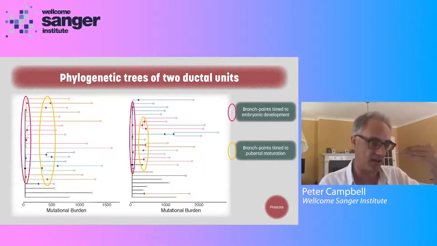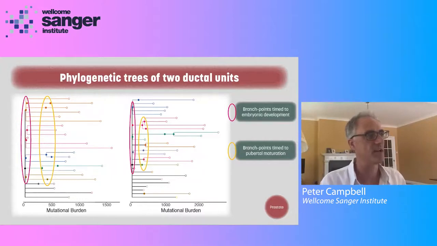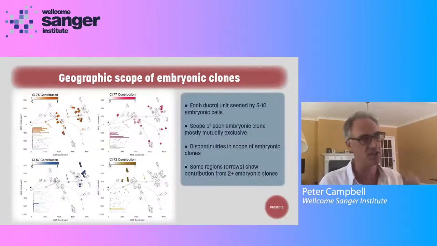in the geographical scope of these clones. So essentially, what we do is, each of these is a two-dimensional representation. Of course, these ducts are branching and spreading in three-dimensional space, which doesn't make for a very good presentation on a two-dimensional screen. So what we've done is we've projected the three-dimensional branching structure onto a two-dimensional plane, and that's what you're